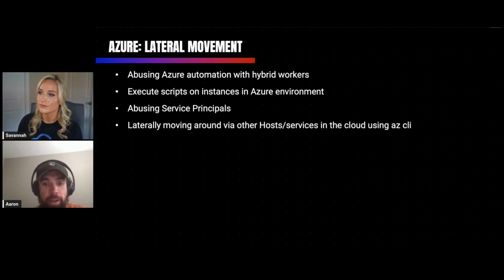With some misconfigurations, such as exportable certificates, anyone with local admin access on these hybrid workers can potentially authenticate and export those certificates, which could allow them to assume access to other roles and rights in the Azure environment. This could be because those hybrid workers may be set up with additional roles, or they may need access to other resources. So from the user that you have access to, you could potentially laterally move and privilege escalate into using these other resources.